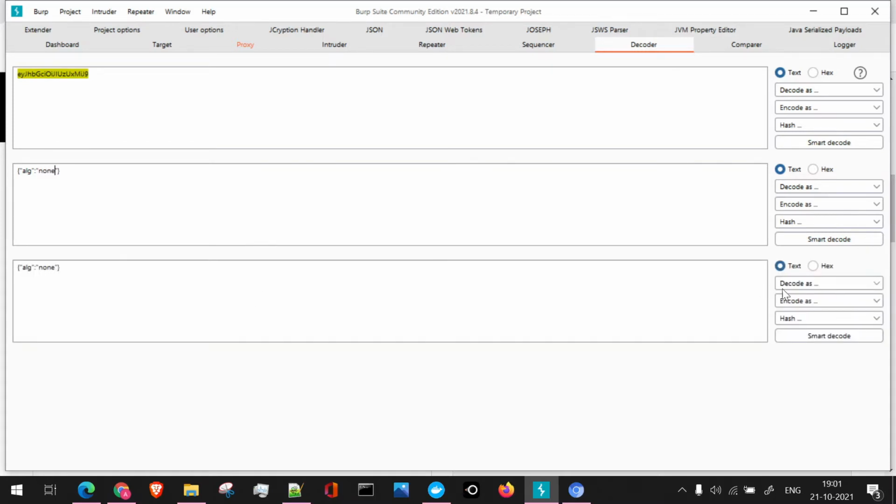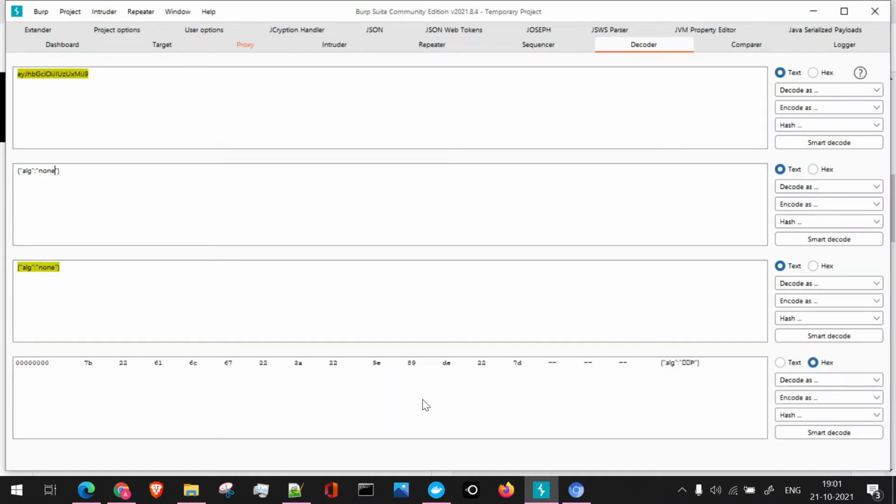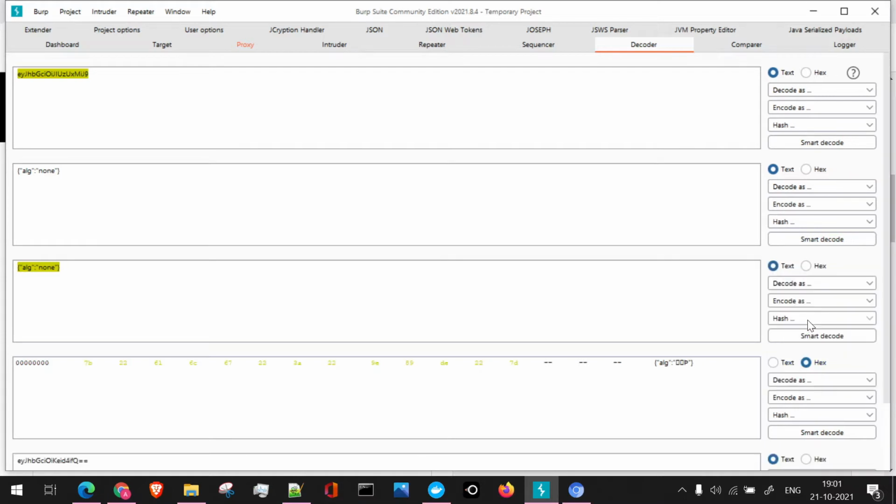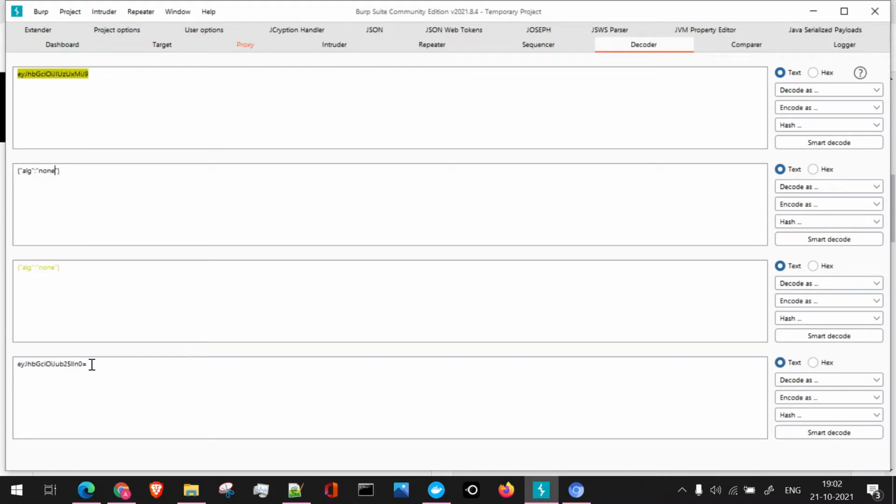Once we have set this to none, we'll encode it as base 64. Sorry, we'll encode it as base 64. So here itself, let's click on encode base 64, and we can use this particular token.